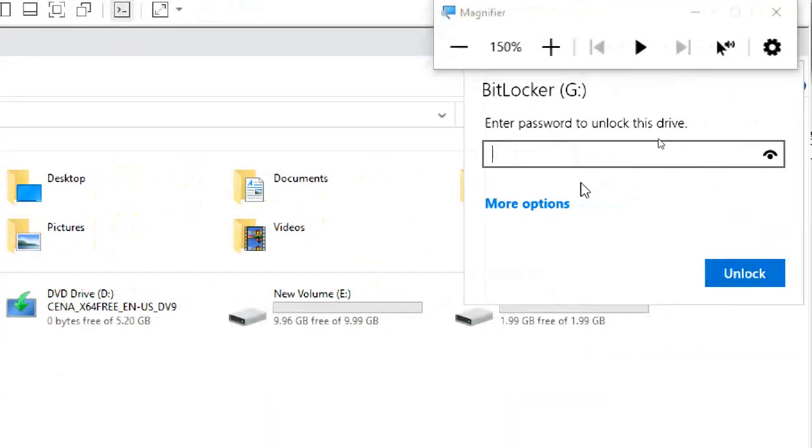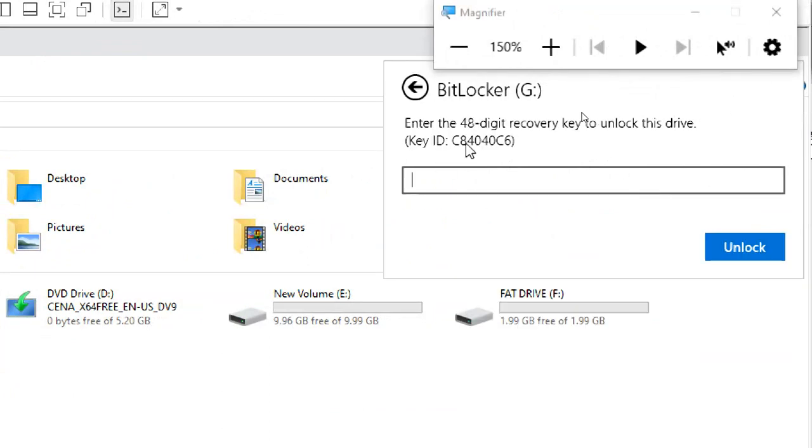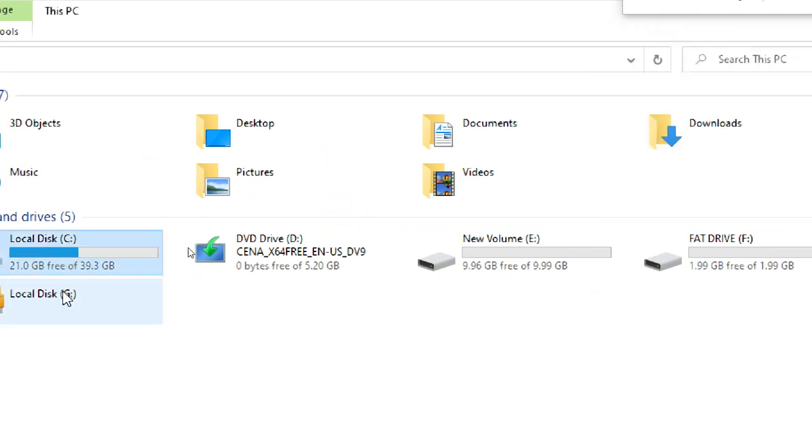For example, I forget my password. Use more options, enter recovery key. It will show a key ID. For example, you have multiple keys in your system or your pen drive. How do you identify them? Using the key ID. So in the C drive,